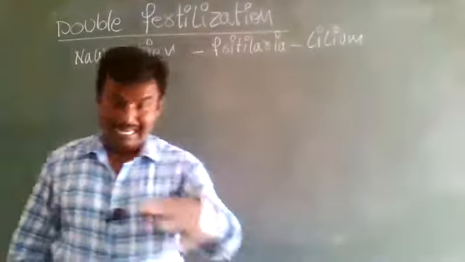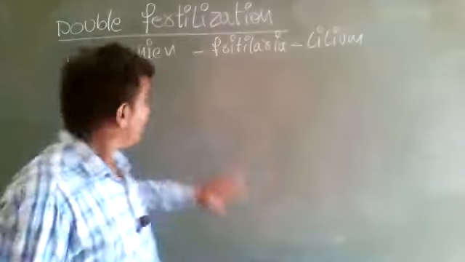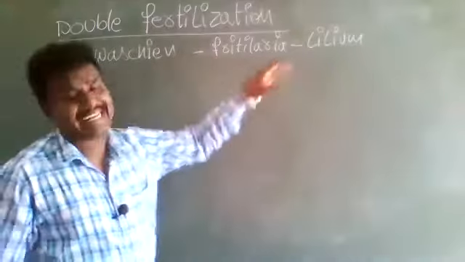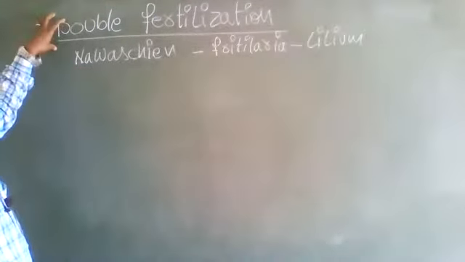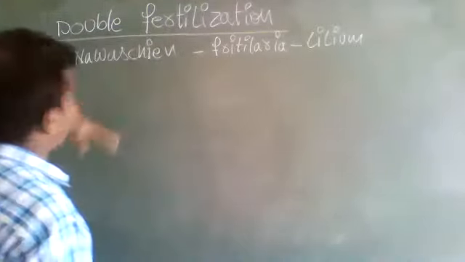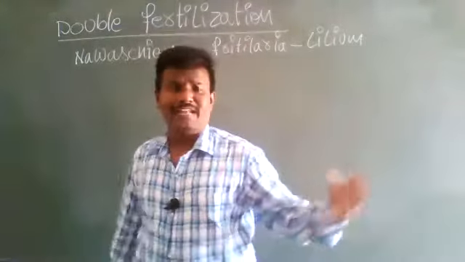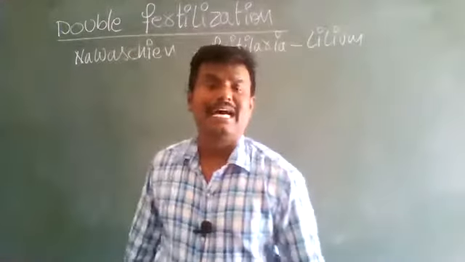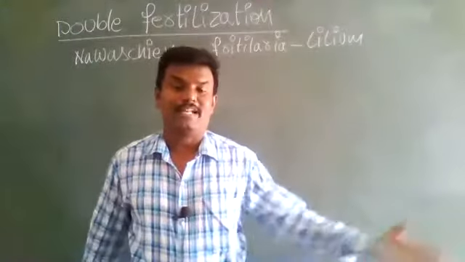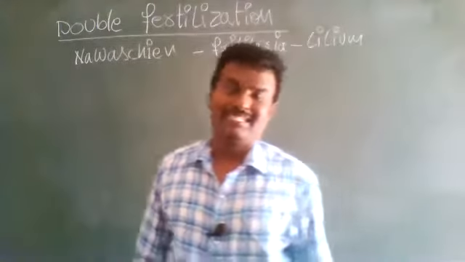in flowering plants. Already we studied, but specifically under this heading here we will see that. So double fertilization: first time in flowering plants, Fritillaria and lilium, these are flowering plants. In flowering plants, double fertilization was observed by the scientist Navaschin. Okay, so how double fertilization takes place, that is what we will see here. It is also an important topic. One year they will ask double fertilization, another year they will ask artificial hybridization. These two questions are exchanged. If they ask in March, in June they will ask artificial hybridization, like that they will ask successively